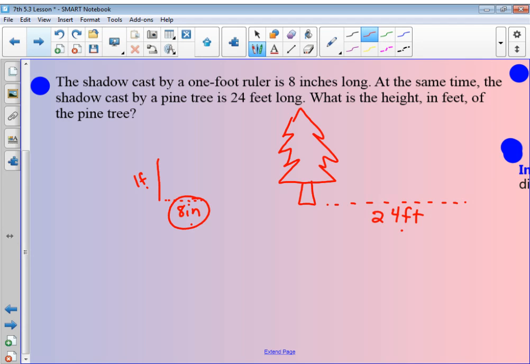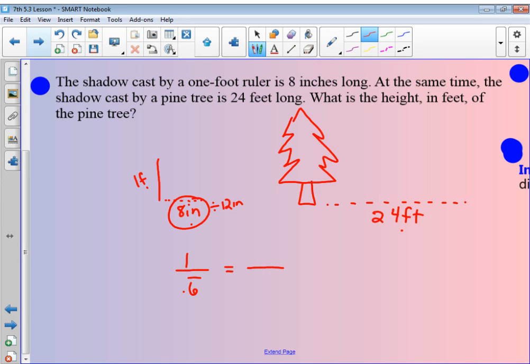Now, granted, it's not a whole foot, so it's a portion of a foot. So the way that we can change that into its decimal form is to divide this by 12 inches, which is the same as a foot. Okay, so we're doing some converting. So 8 divided by 12, it's going to give me a portion of a foot, which is 0.6 repeating. Okay. So if I go through and I set this up, it would be 1 over my 0.6 repeating. And then that's going to be equal to